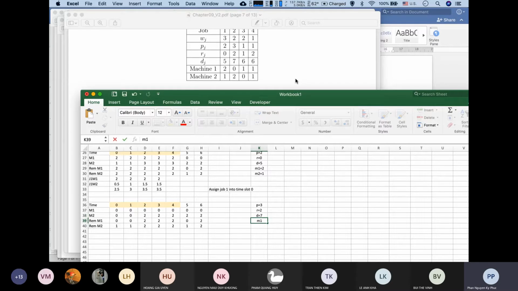Sorry, M1 equal to 0 and M2 equal to 2. So now